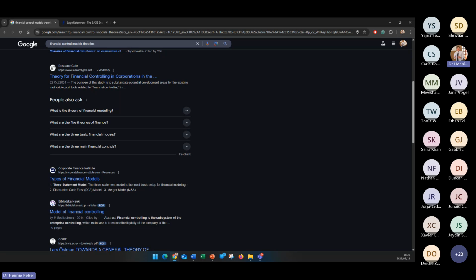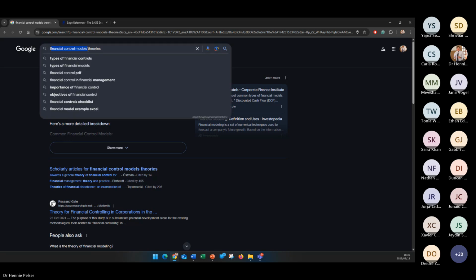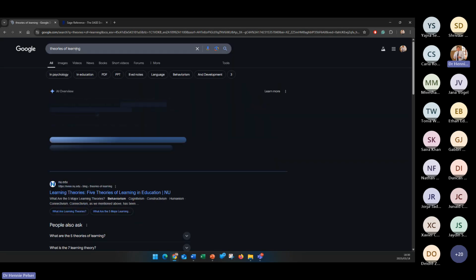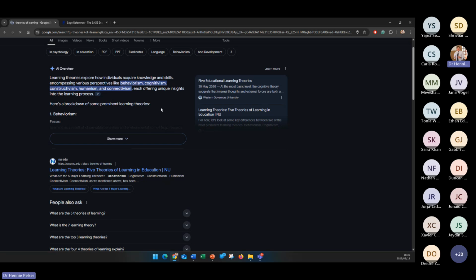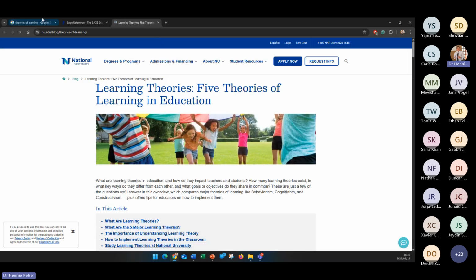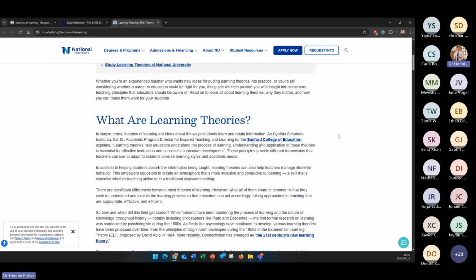And Pranisha, how's it, man? AI is a critical cross skill. Okay, so we need to look at theories of learning. I would definitely look at theories of learning. There are a number of those, so we can see which one. Learning theories. Here it is. Okay, 5 theories of learning and education. Golly gosh, this is a blog. Ignore what I've just done there. Mind you, we can steal theories from there. We obviously won't.